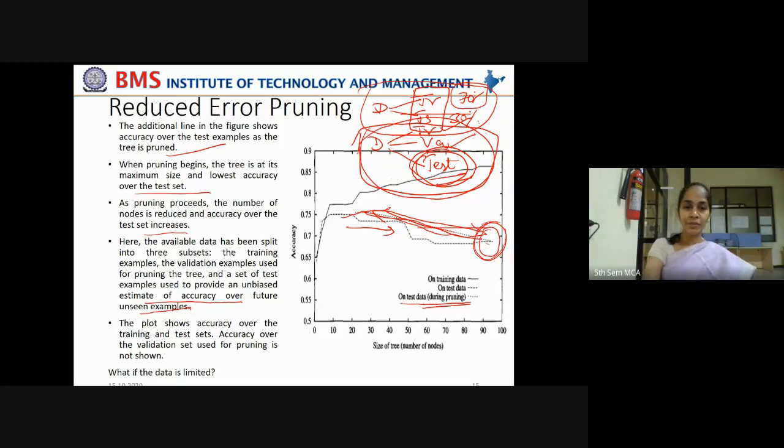Got it? Now you'll understand this sentence. Here, the available data has been split into 3 subsets: the training examples, and the validation examples used for pruning the tree. While validating, you will try to prune the nodes. Now, another set of test examples is used to provide an unbiased estimate. Why do we call it unbiased? It didn't see the training examples at all. In that case, it doesn't have any partiality in prediction. It predicts correctly,